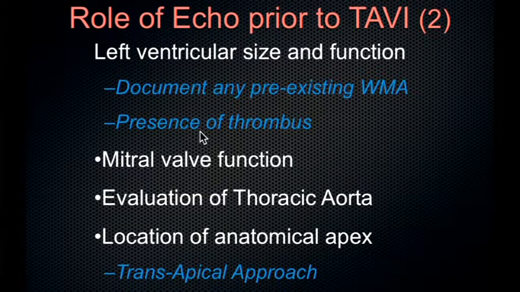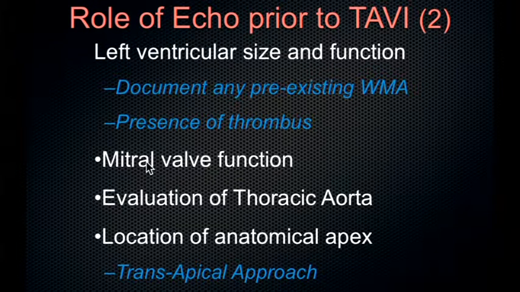In addition, you want to assess for any presence of thrombus within the left ventricular cavity or indeed within the atrium, because this is a relative contraindication to the procedure, particularly if it's in the left ventricle. Again, assess mitral valve function. You want to know what the baseline mitral regurgitation is in case it should get worse during the procedure. You need to be able to detect that because, as we'll discuss later on, there are several